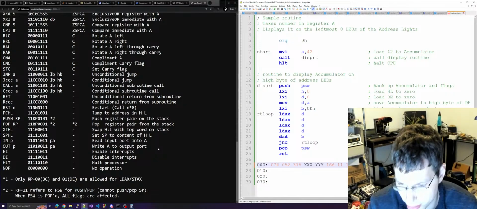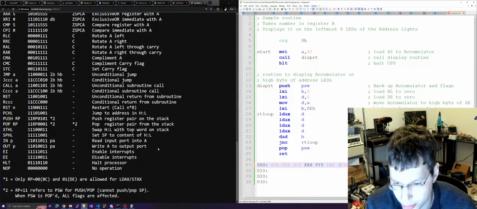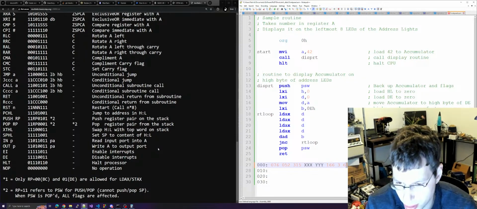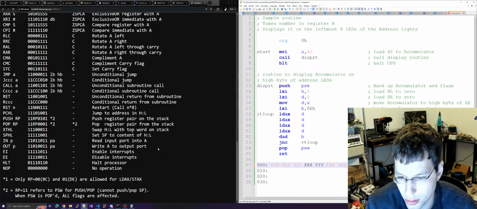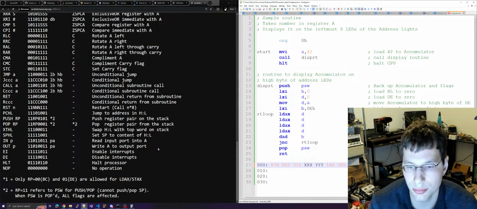Yep. So then let's group that up. That's 3, that is 6, that is 5. 1, 2, 3, 4, 5, 6, 7. And then we will do one more, 8. So push PSW and then